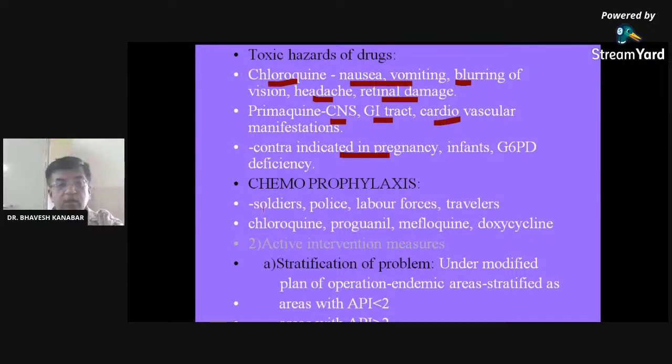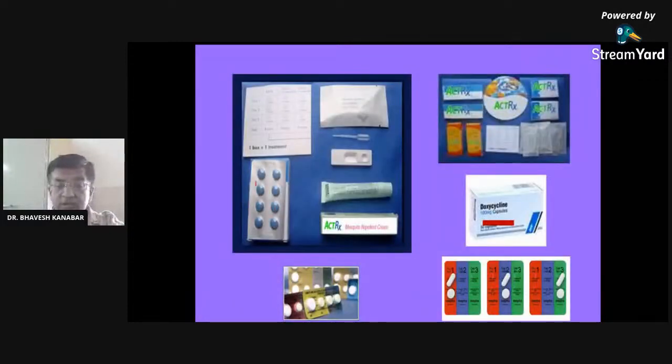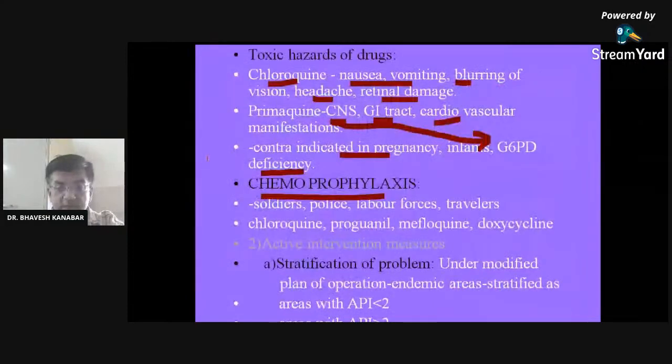Primaquine. So chemoprophylaxis is to be, yes, again one more thing, primaquine is not to be given in G6PD deficiency patients. And G6PD deficiency patients generally come to your OPD with a list of the drugs, saying that I am suffering from G6PD deficiency, so do not give me these drugs. Patient gives the list to you, right? So in that list, this primaquine is also there.